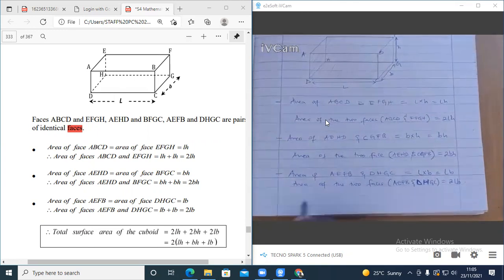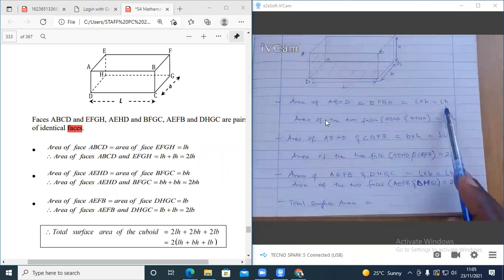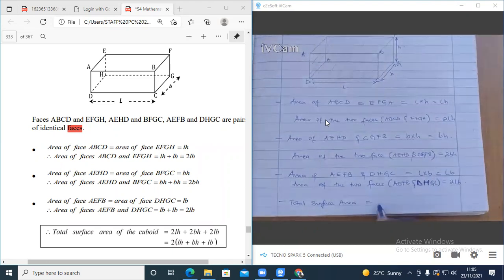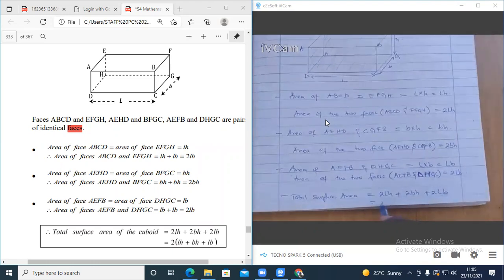So now you can find the total surface area. We can do that, and the surface area can be got as having this area 2LH plus 2BH plus 2LB. And then from here you can factor out 2 and have